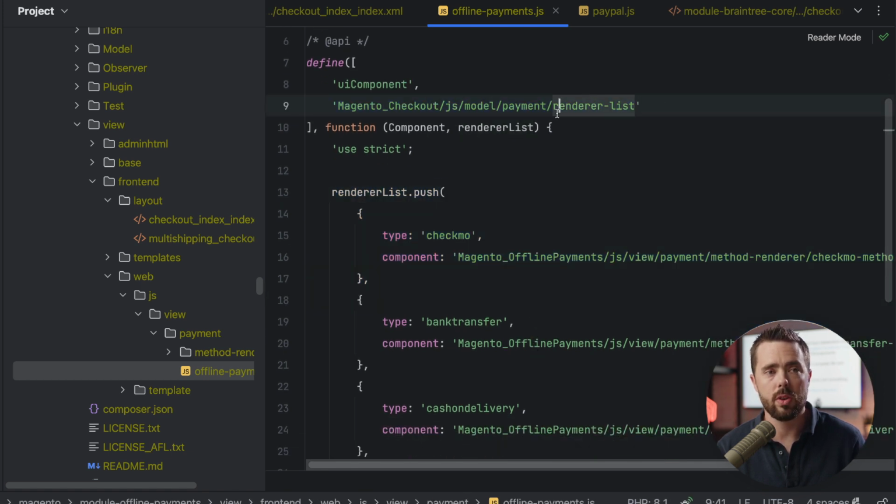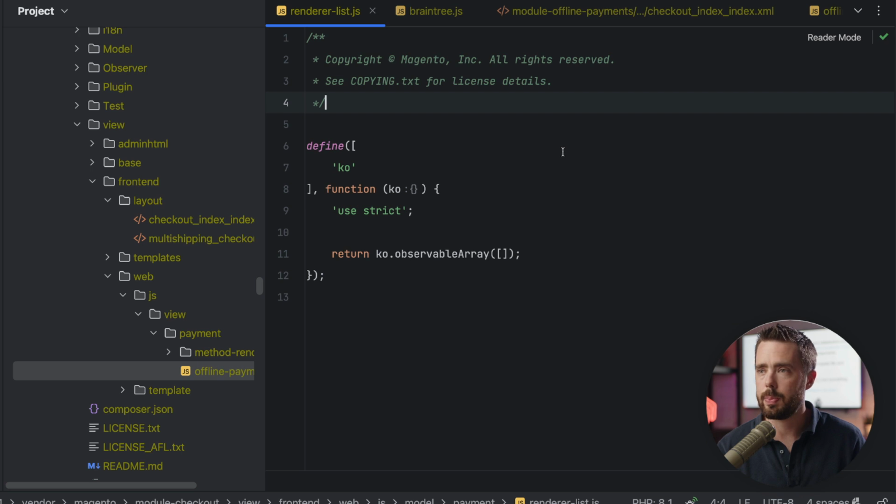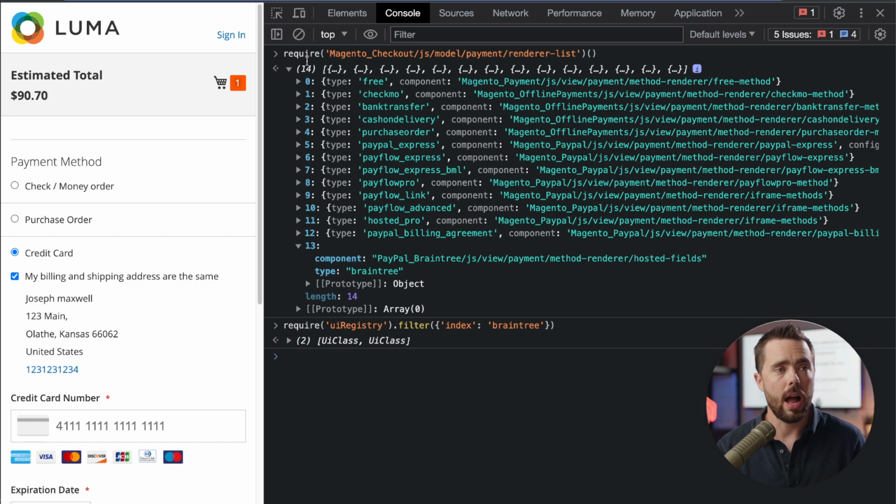Well, what's a renderer list? Oh, that's pathetic. It's basically just an observable array. Fantastic. Well, check this out. I pulled this up here in a checkout experience. I pulled up the render list. Well, we can see these renderers already right here and available. We have a component for each one of those,